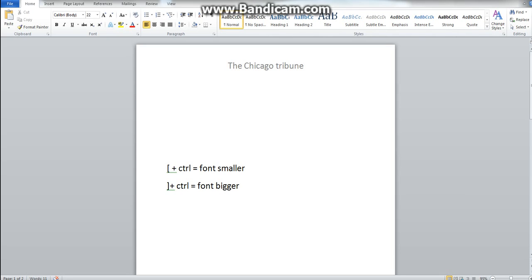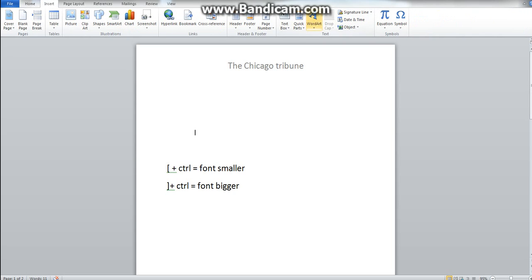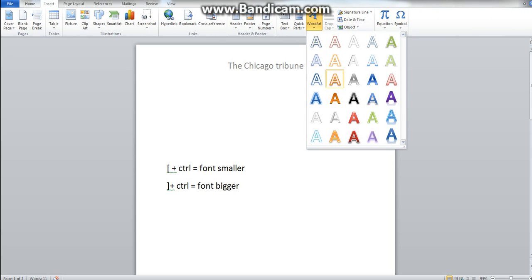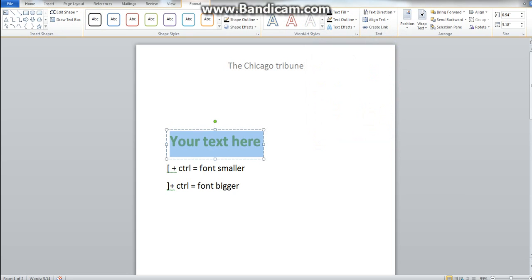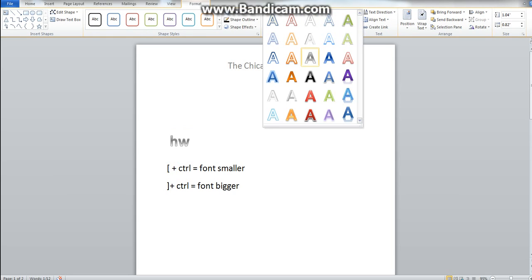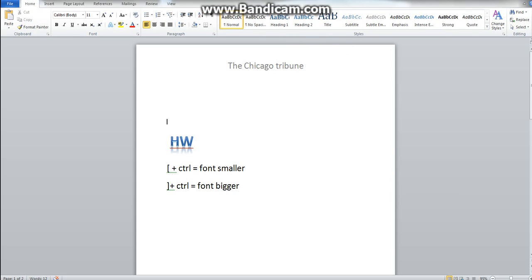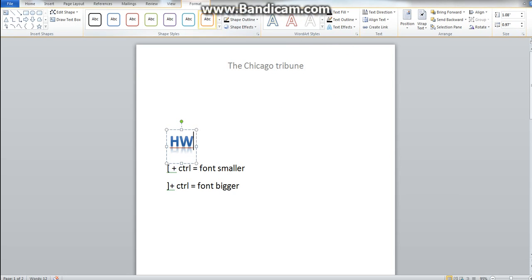Microsoft Word, and also what I'm gonna be showing you is word art. Word art is when you can make cool little things like this. You can make it like that. You can make it different cool bubbly letters. Make it 3D. How can you see? You can make it different colors, and